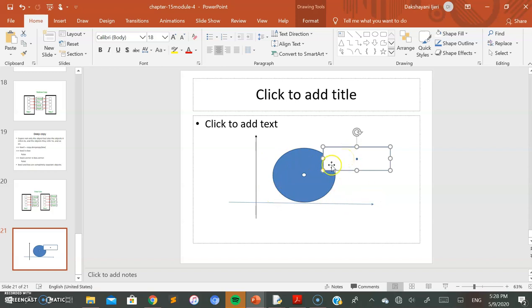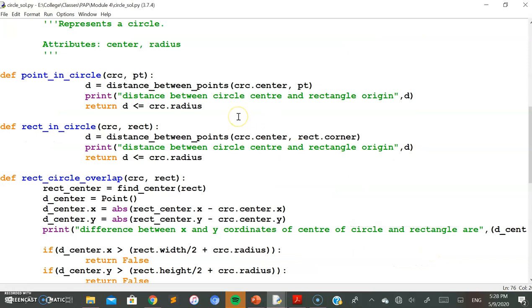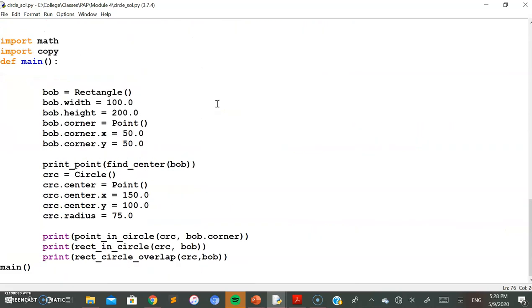Or else if the distance between this point and this point is greater than the radius of the circle, that means the point you are considering is outside the circle. So that is the logic used here to check how the 2 points react with the circle center and the point. I hope the solution is clear to you.